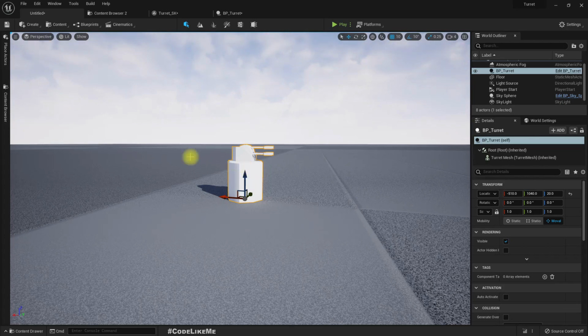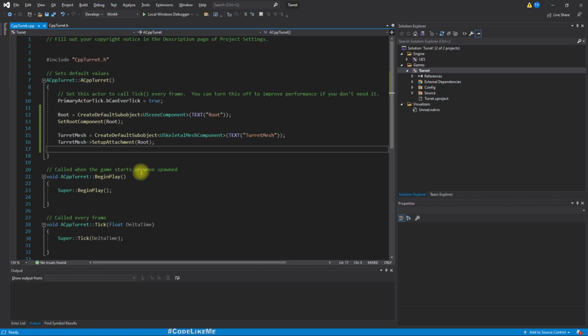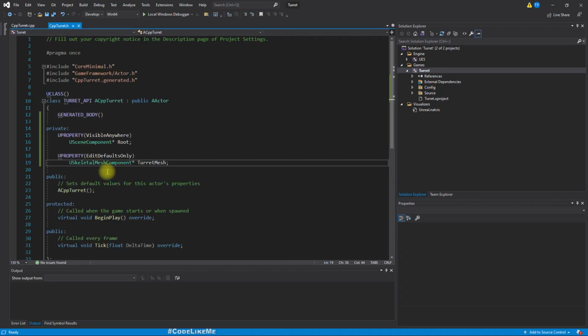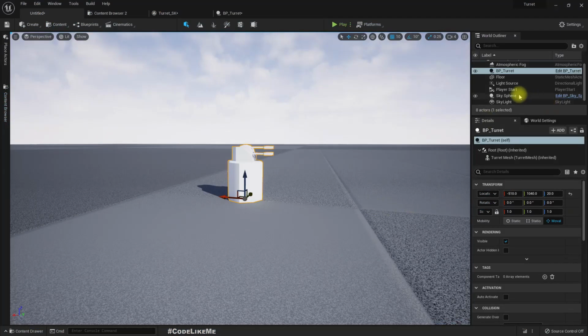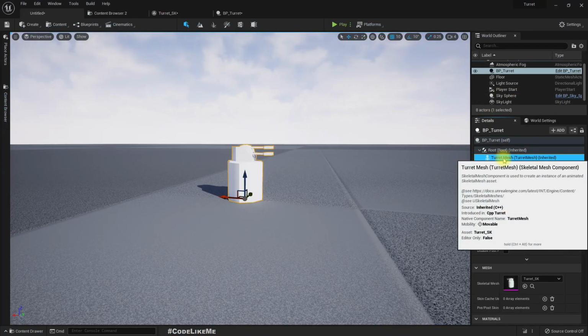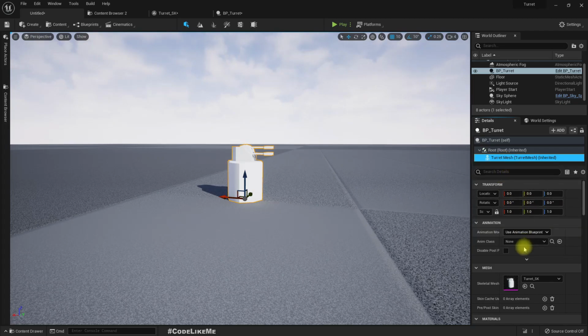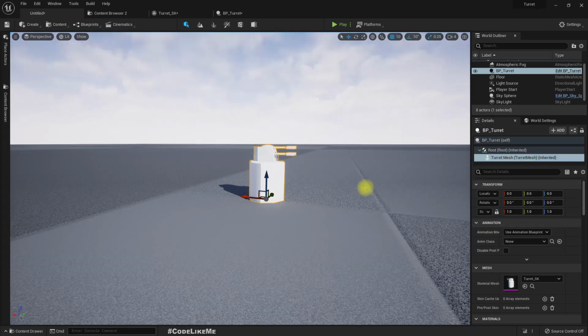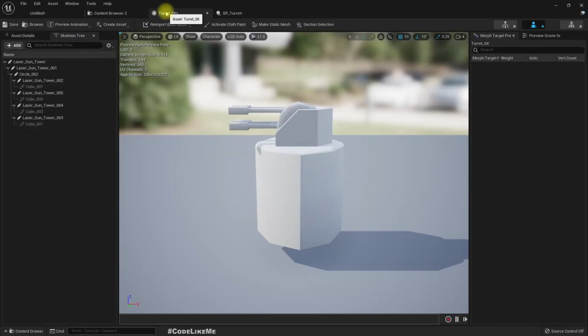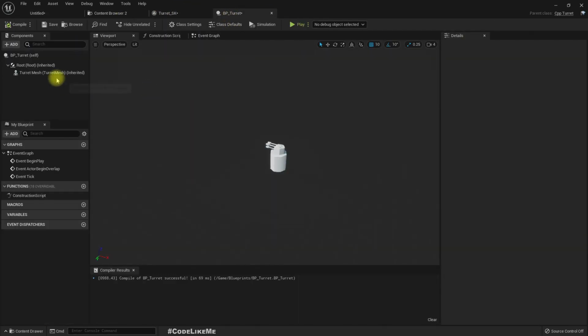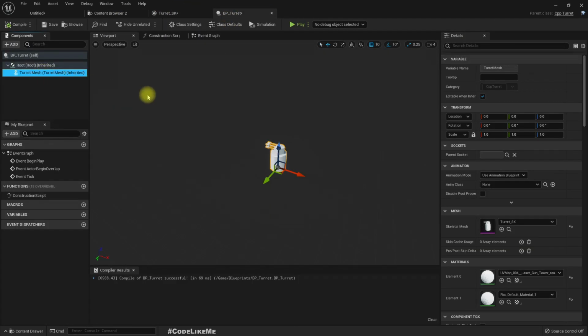And what I said about this property specifier, edit defaults only, this is visible anywhere, so we can actually see the root component everywhere, blueprint or C++, and here, right,